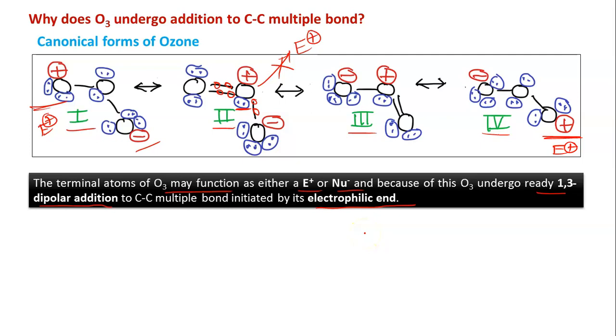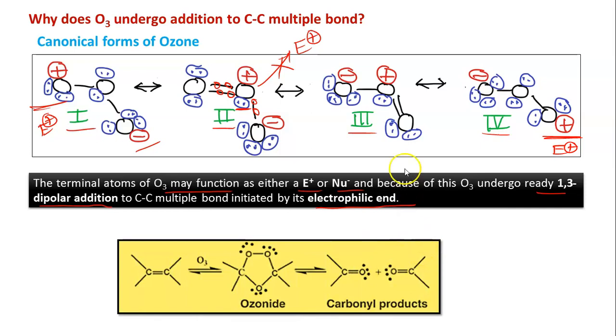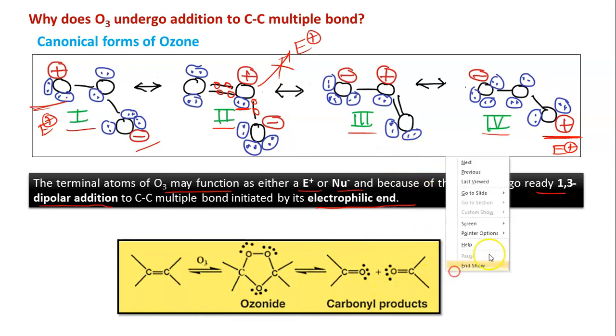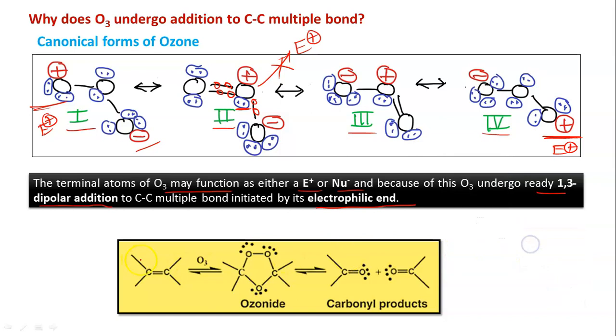Now, one thing which is completely new in case of ozonolysis is that in other reactions we have seen that there is cleavage of pi bond only. But here we will also have cleavage of sigma bond. So not just pi bond is broken, but sigma bond is also broken here. So up to this point it is actually an addition reaction, because after that the next step is oxidative cleavage. Why is it oxidative cleavage? Because from the CC bond we are finally getting a CO bond.